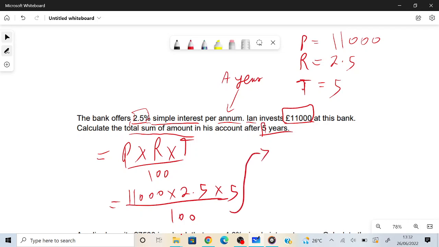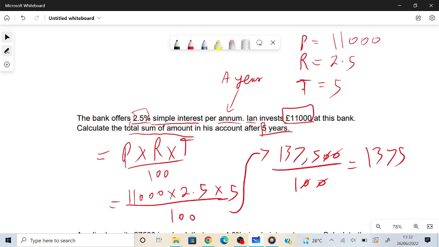Doing this, 11,000 times 2.5 times 5, that is 137,500 over 100. These two zeros cancel out. You are left with